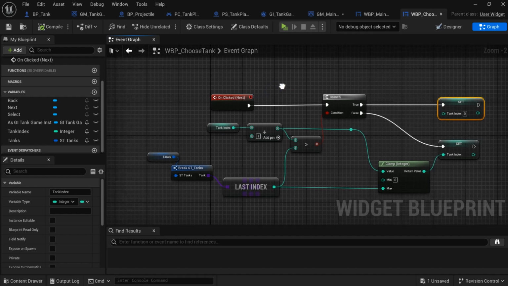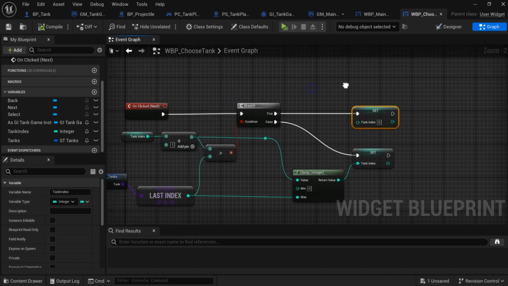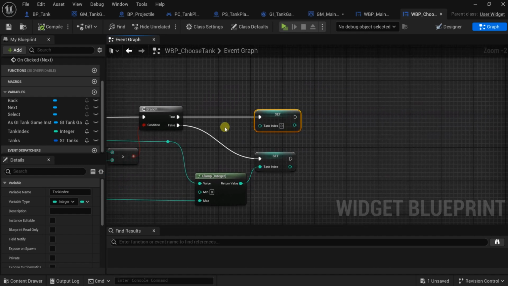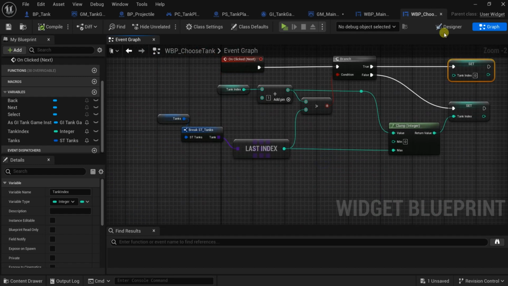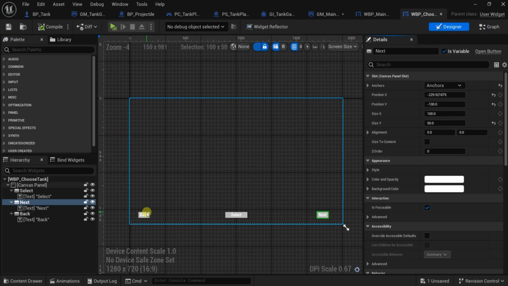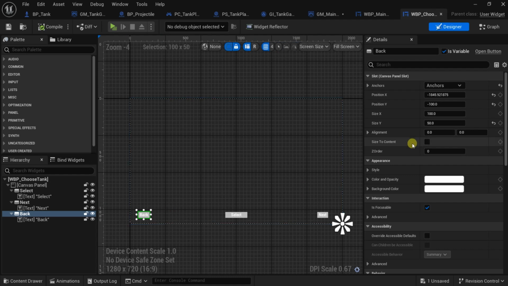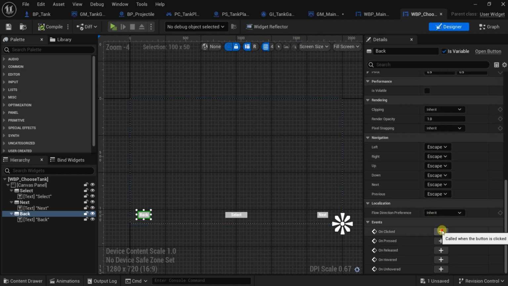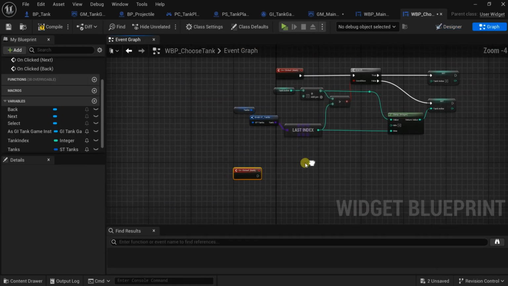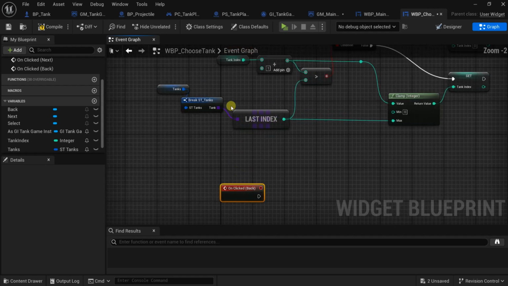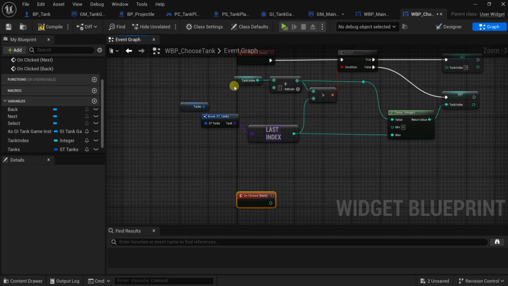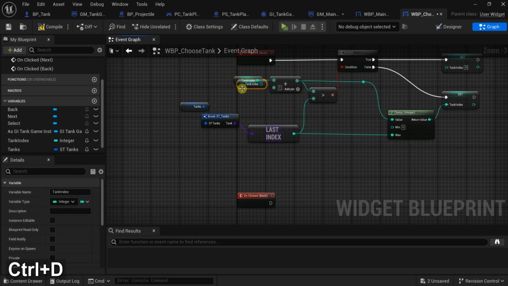Also here, after we set the tank index. Now let's go now for the back. The back will be reversed, and I will explain it when we finish. Now only click here. What we will do is we will decrease the tank index by 1, by value of 1. Let me get this tank index here,